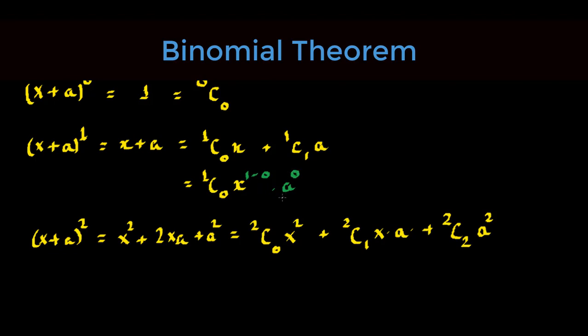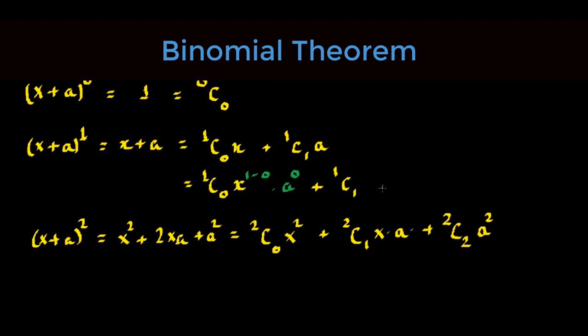Nothing new I have added here. So a raised to the power 0 is 1, and x raised to the power 1 minus 0 gives us the original term. So there is nothing changed here. What I've done is some modification, in a very smart way, where instead of writing x raised to the power 1, I'm simply writing it 1 minus 0. Okay, then moving on to the next term,